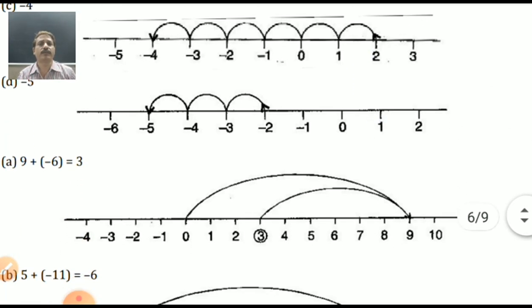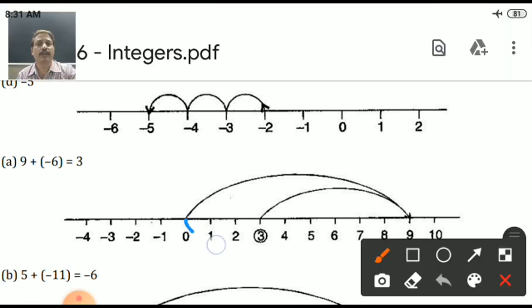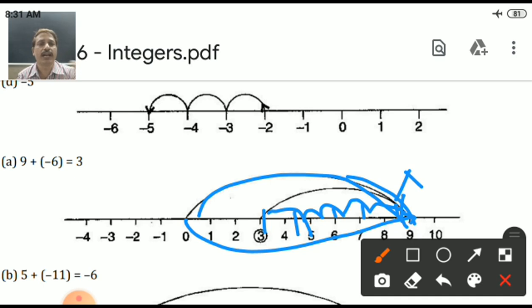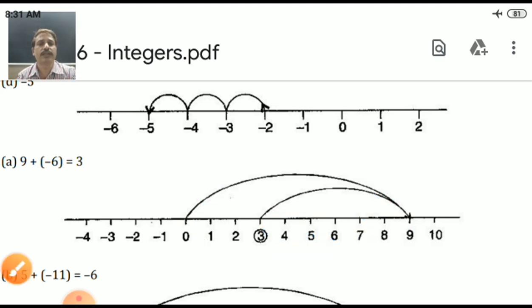See, 9 plus minus 6. Where you are standing? First of all, you have to move on 9. पहले जंप पे आप 9 पे चले गए बेटा. 9 पे खड़े हैं बेटा. Yes, very good. And minus 6 करना है. Minus means you are knowing which side you have to go. Left side. कितने steps है बेटा? 6. Count करो. 1 2 3 4 5 and 6. You will reach it here. Yes, 6 jumps are there. Correct. Here they are showing first number is plus 9. That means you are moving directly on 9. Clear?